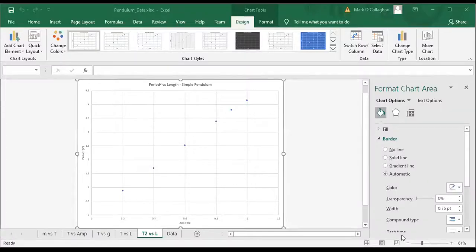All right, so back to the pendulum, share. And I want to do period squared versus length. Okay, so that nice linear plot is already there for you. How do I do this? How do I figure this out? Well, what I can do